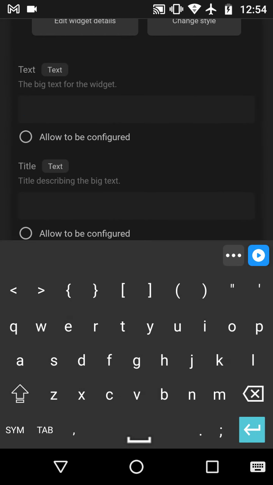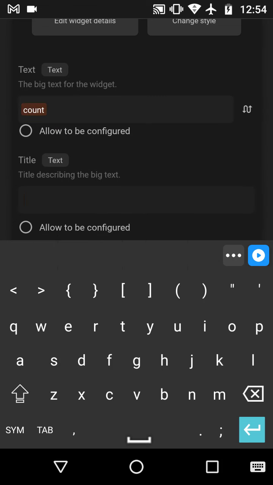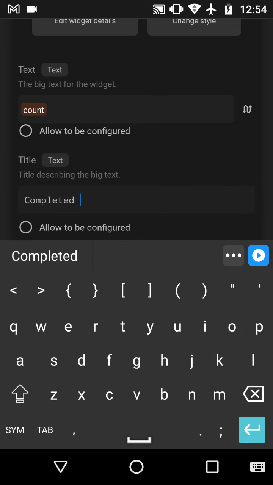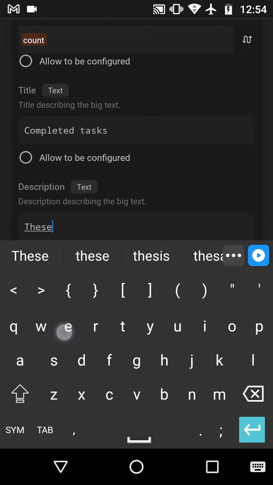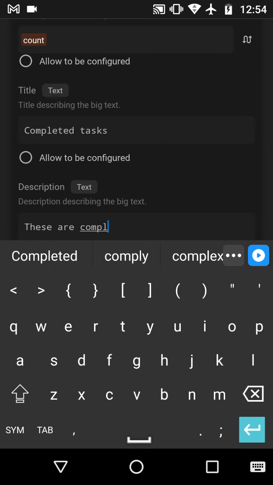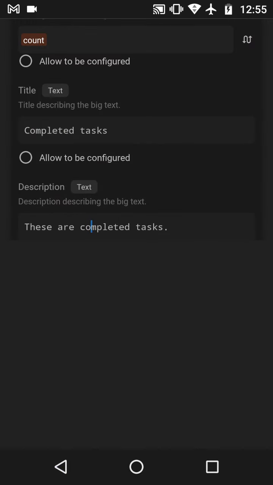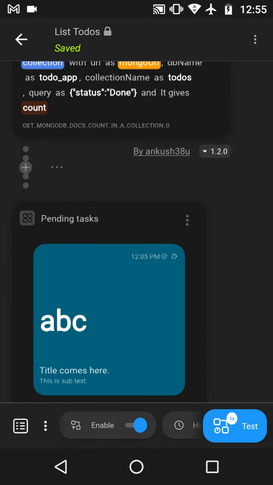This time make sure to select the count from underscore 01, which is for completed task, and the title can be completed task, and let's just say these are completed tasks. Press done. Okay, all is saved.